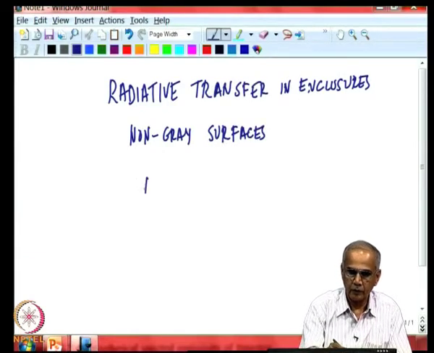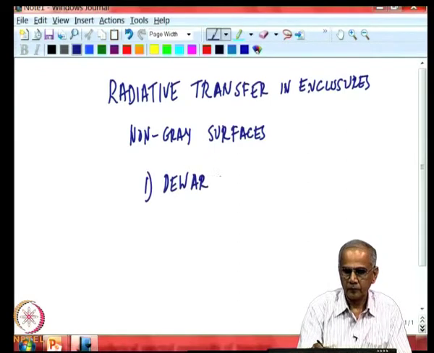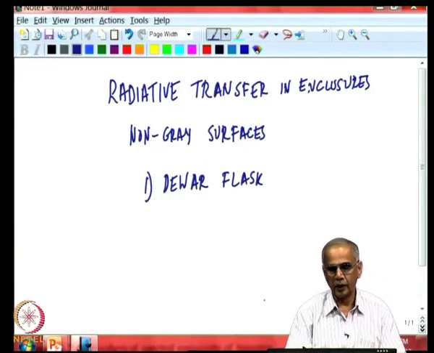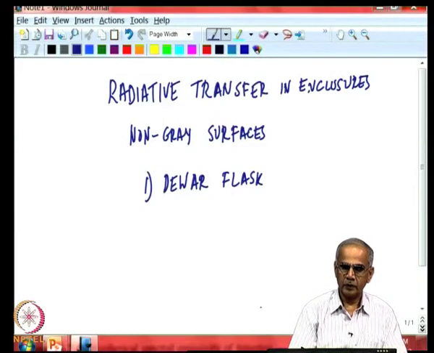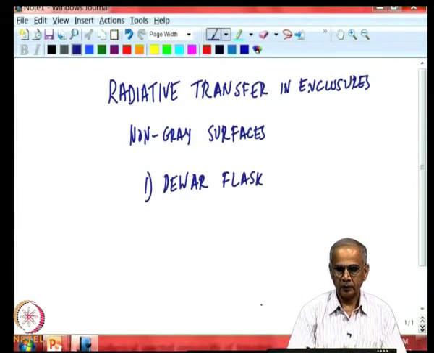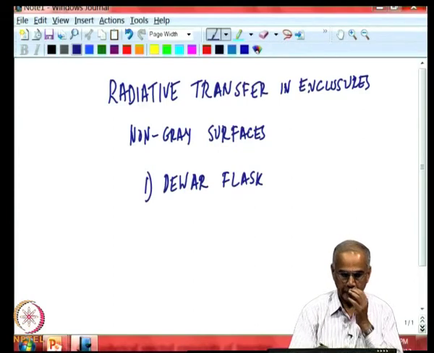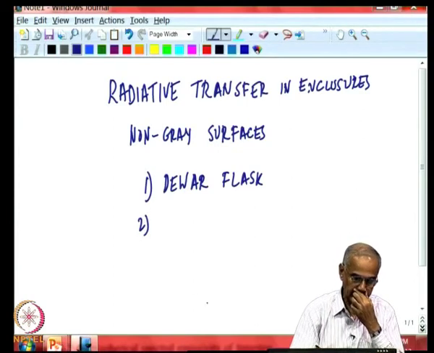We gave the example of a Dewar flask, where the heat leakage into the flask was influenced by the spectral variation of emissivity of the silver surfaces on the inside of the flask. And the second example we gave